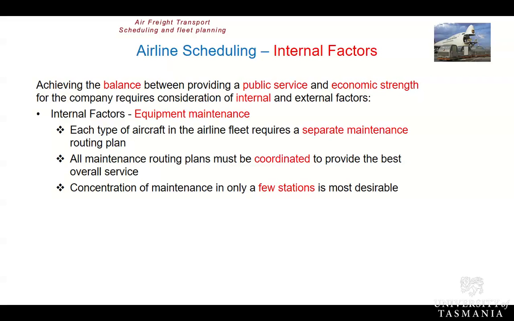Now, one of the approaches to this idea of equipment maintenance is airlines typically will try and focus their maintenance, particularly for the bigger services, what's called a D check or even a C check, at fewer stations or fewer airports. So it's a balancing act in many ways, because if you consider that there's a million different parts in an aircraft,